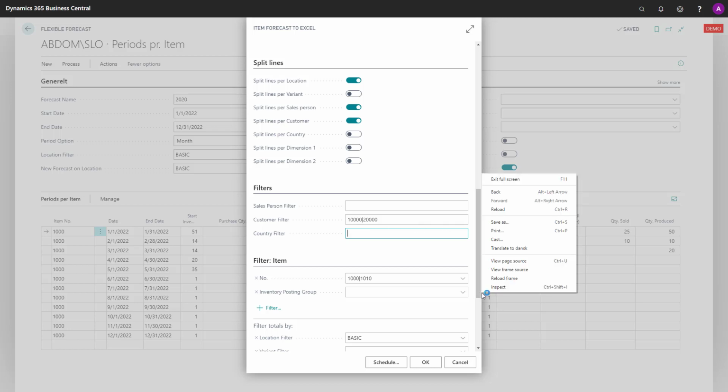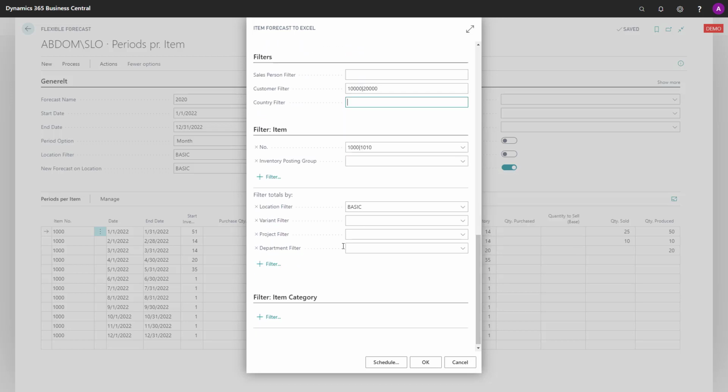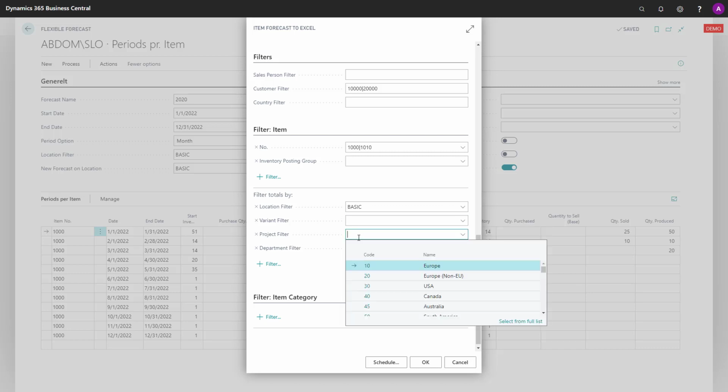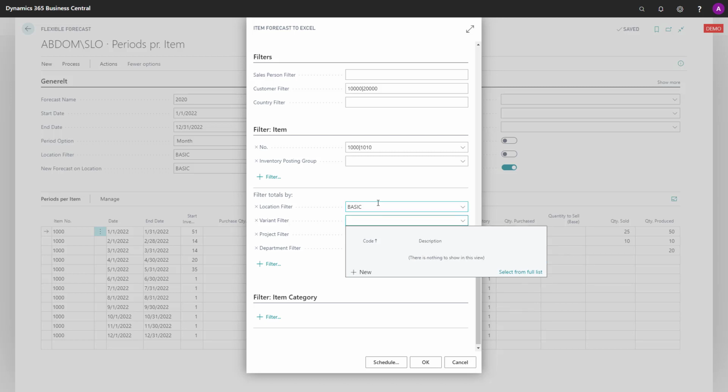Then in the footer section, here you can filter on, for instance, location, variant, and the 2 dimensions. Those are placed in the item filter section, but still they are used when running through the location code, the item variants, and the 2 global dimensions. So if you filter on, for instance, 2 dimensions in here and you split per dimension, then it will of course respect those filters. So the filtering down here will also be applying to those specific tables.